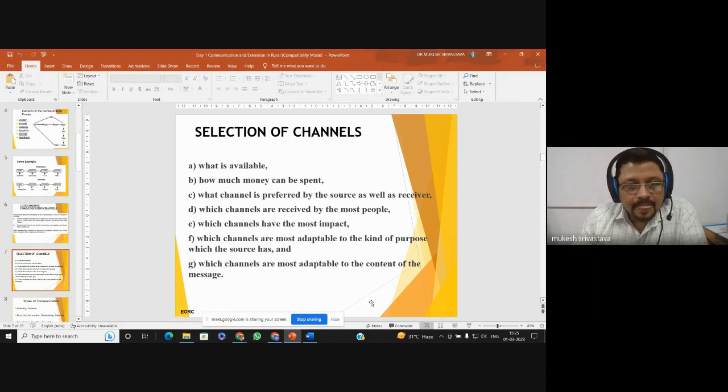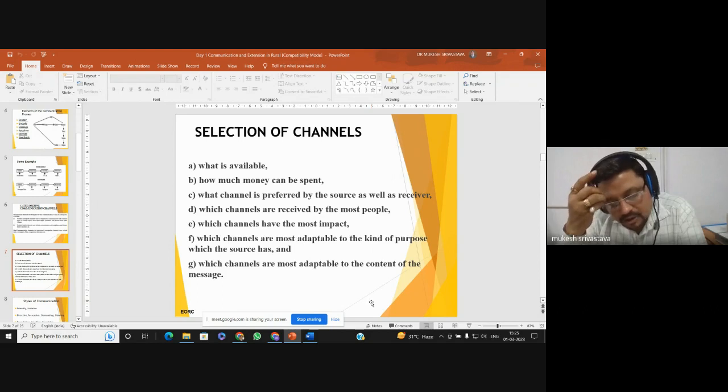to receive of that. Now, another question is which channel is more adaptable to the kind of purpose which the source has. Now, if we are using newspapers, obviously newspaper is a cheaper mode, because we can have a paper for 6 or 7 rupees per day. So that is affordable, and that can be afforded by those receivers. That means I'm talking about the poor farmers and the poor people living in that rural area. That channel can be